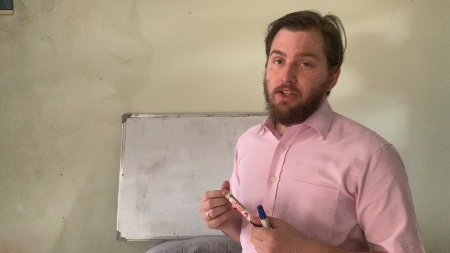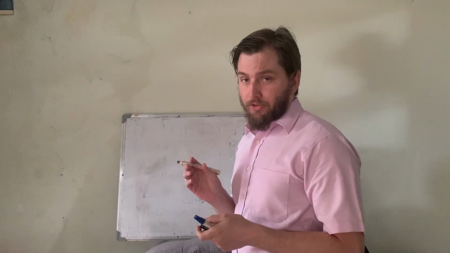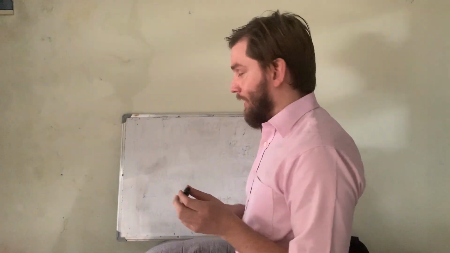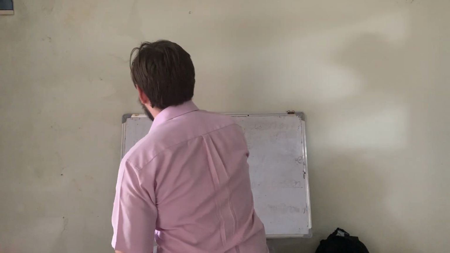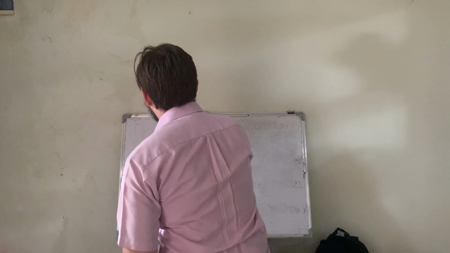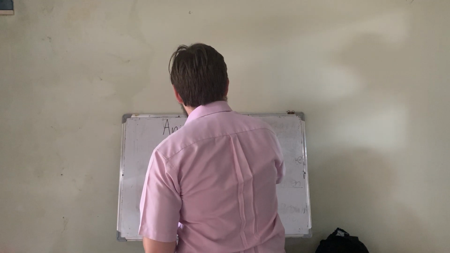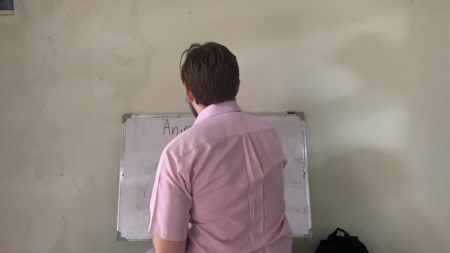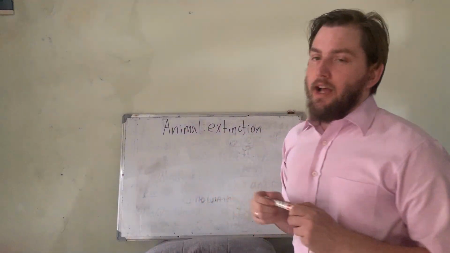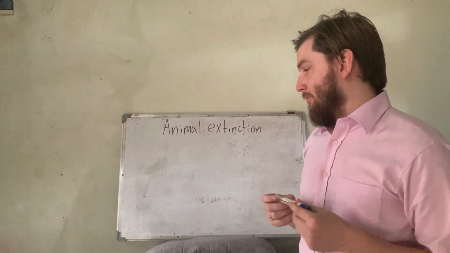With that, let's get started with what I want to teach today. What I want to teach today is about animals. We've talked about animals before in our class, but this time we'll talk about something with animals that I haven't really touched on yet: extinction. I haven't talked about extinction or what it is, so I'm going to go into it first.